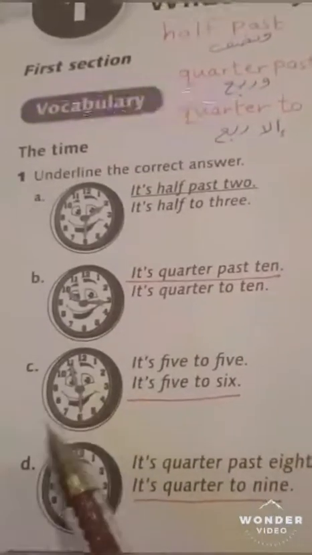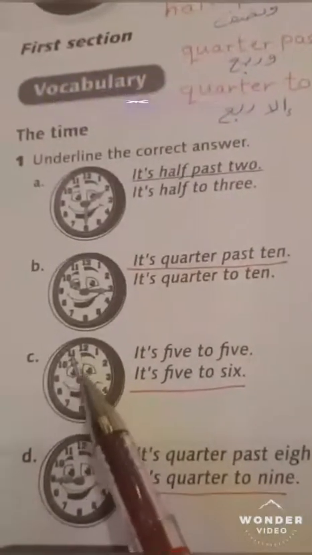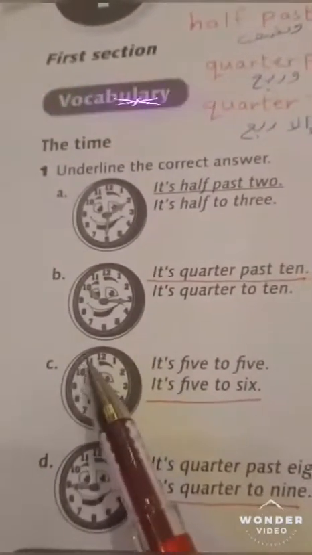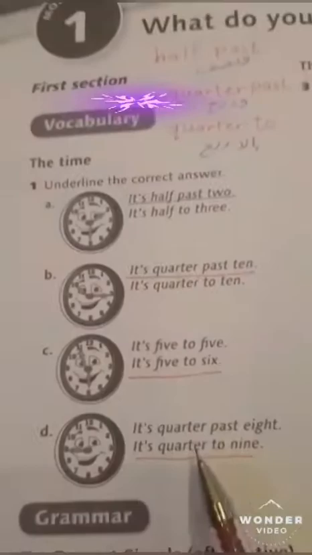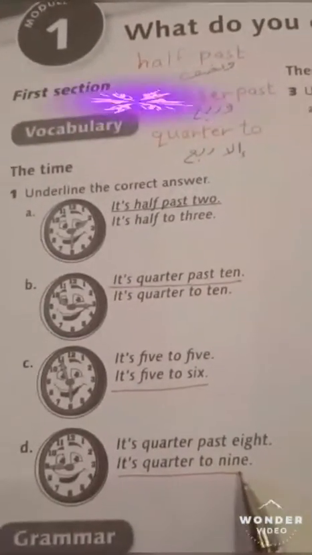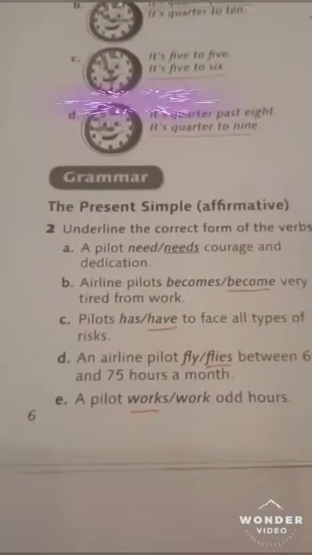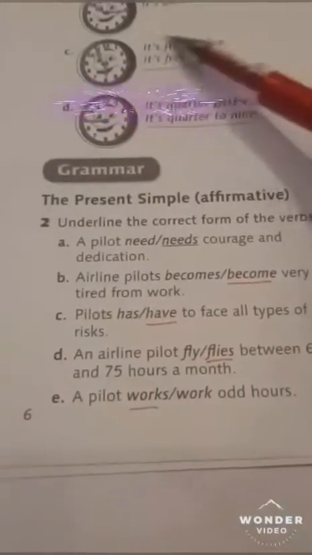It's 5 to 6. Look, it's about to become 6, but still we have 5 minutes before it becomes 6. So we say it is 5 to 6. Okay, and number D, what's the time here? It's quarter to 9. Quarter to 9. Now the next exercise, the present simple